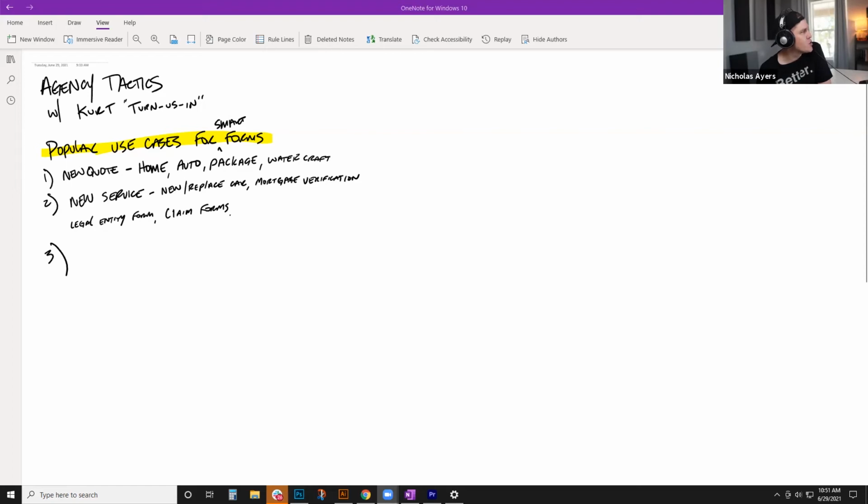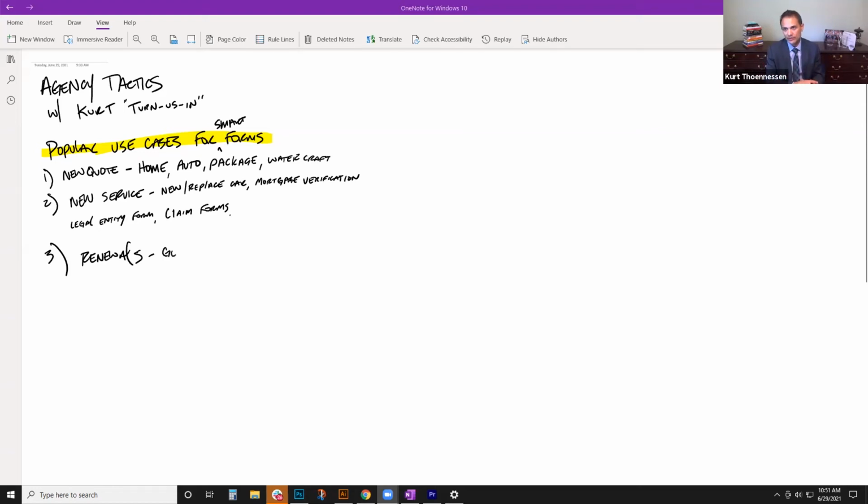Other type of form. So new quote, new service. What else should agents use? So we were talking about renewals. We call them risk evaluations because you can use them at other times besides renewal, but they're similar to renewal. I say it's forms designed to gather updated risk information. Okay, so whether it's about the car, the home, the boat, the yacht, the business,